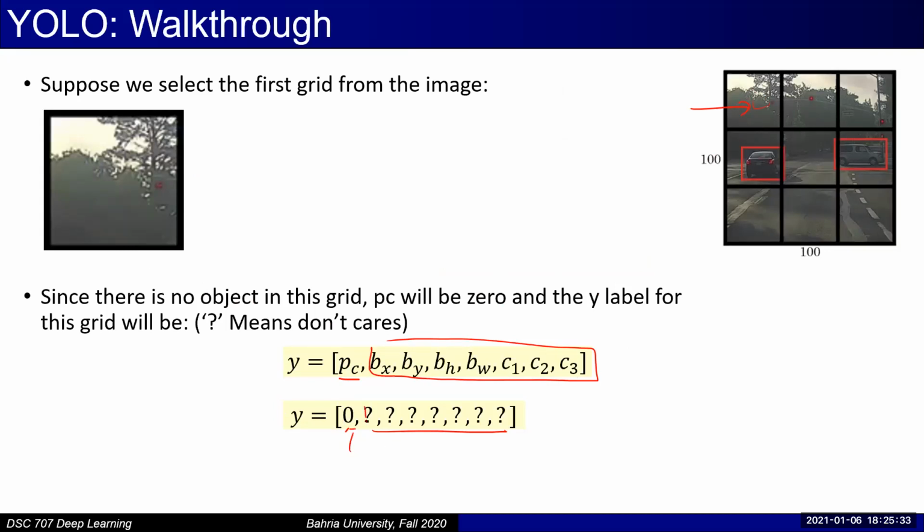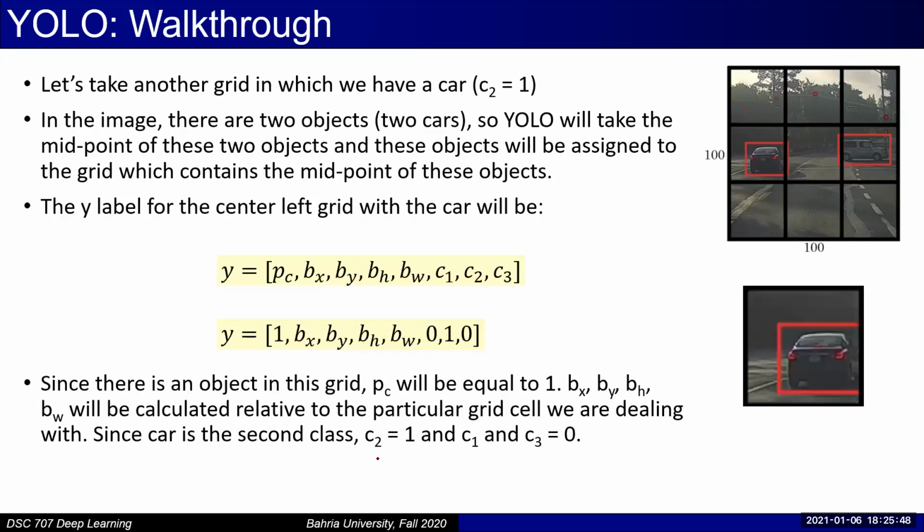So the remaining values are only meaningful if the first value is 1. If the first value is 0, then there is no bounding box, there are no class probabilities, so all of the remaining values would be, you can say, don't cares. Now, let's take this example of this grid cell, right? So you see, now it is very much